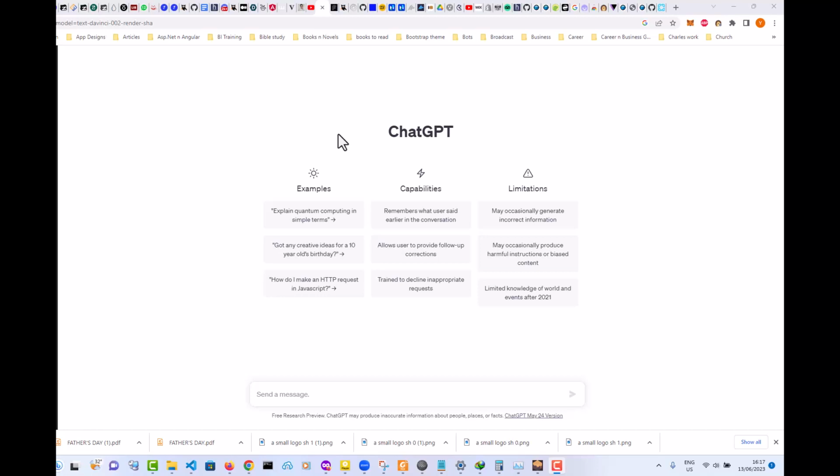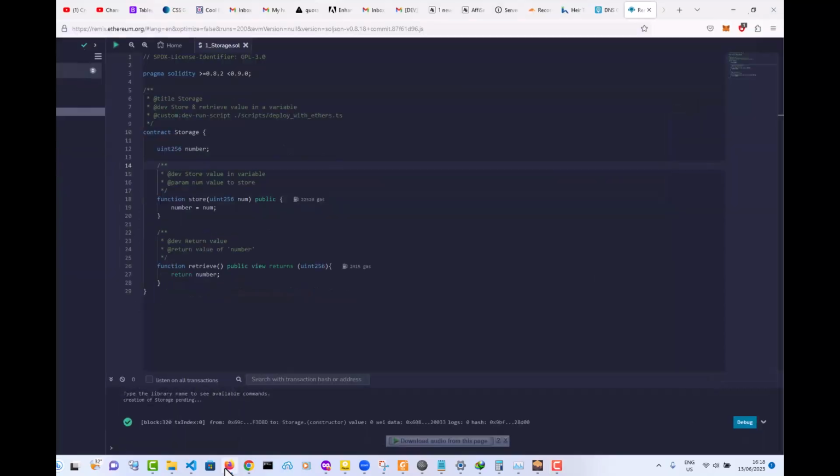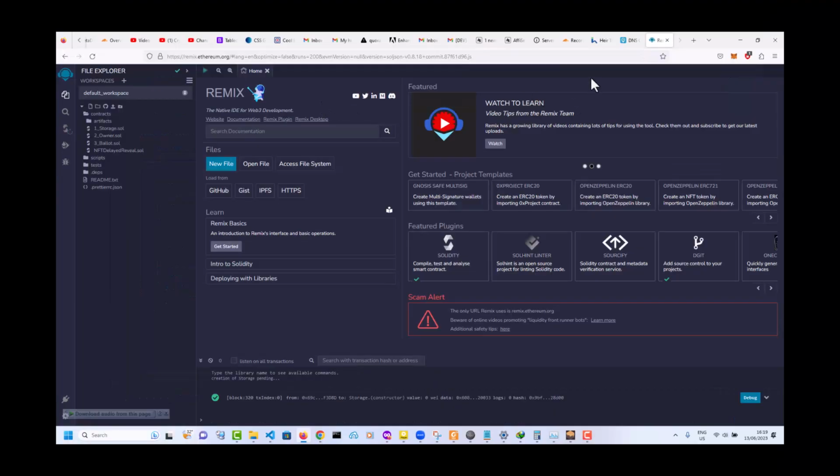So before we dive into the code, of course, we'll be deploying our contract, which will be generated by ChatGPT, with the Remix IDE here. So make sure that you have your Remix IDE opened. So here's Remix IDE set up. We're going to be using this to deploy to any EVM compatible blockchain. So make sure